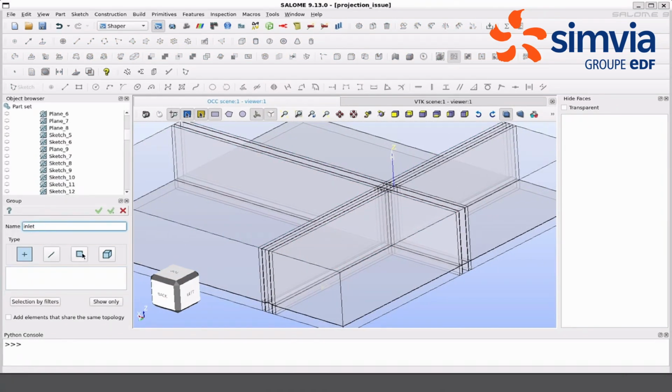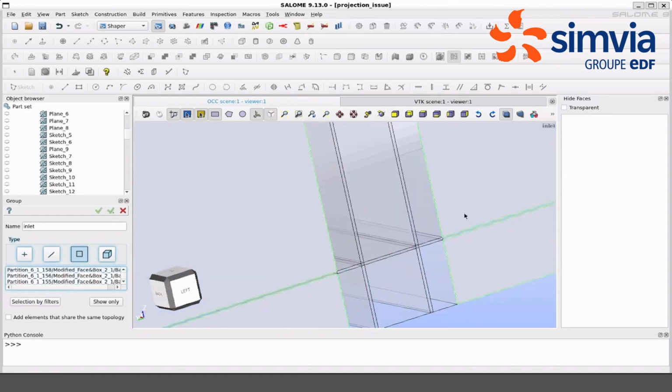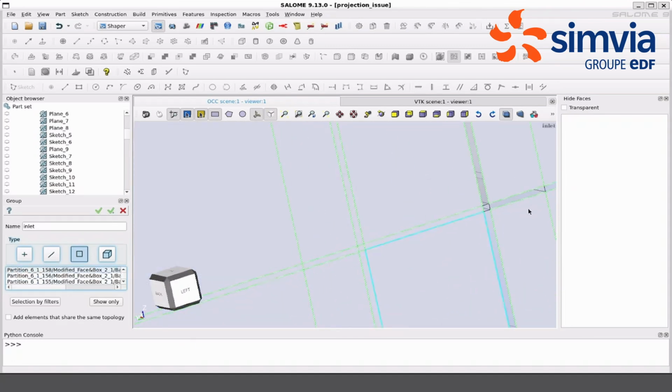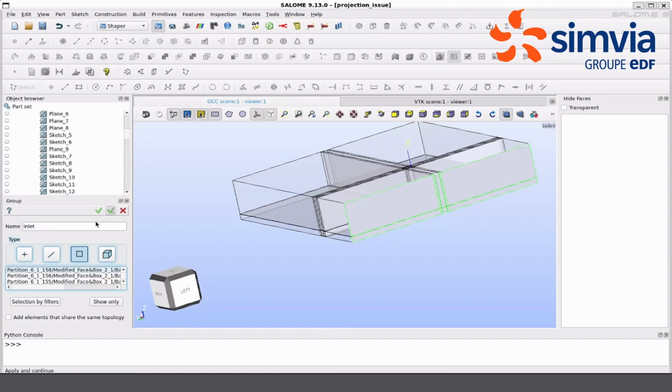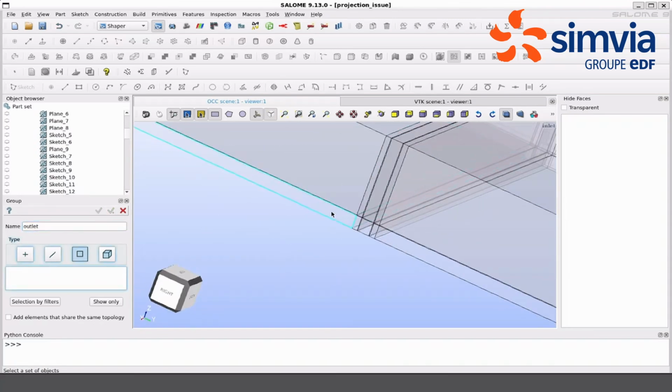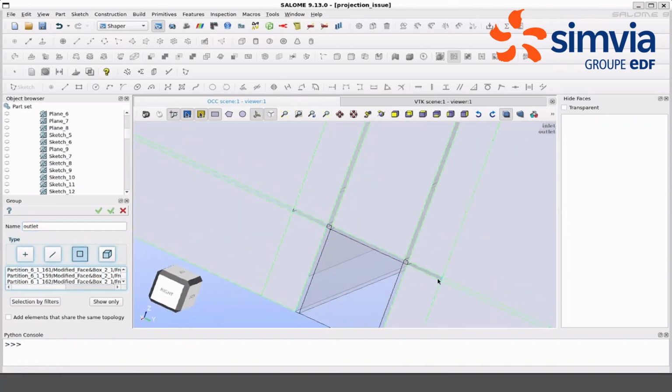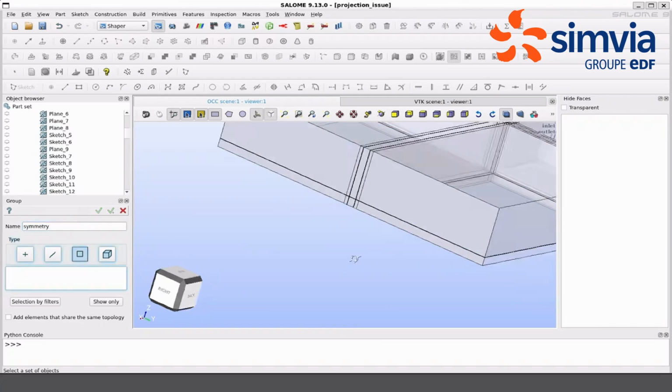We are now going to create some groups. The surfacing groups are going to be directly used in Code Saturn for the simulation. So we are creating the symmetries that are all of the sides of the bigger rectangle: the inlet, the outlet, the sky, the bottom,